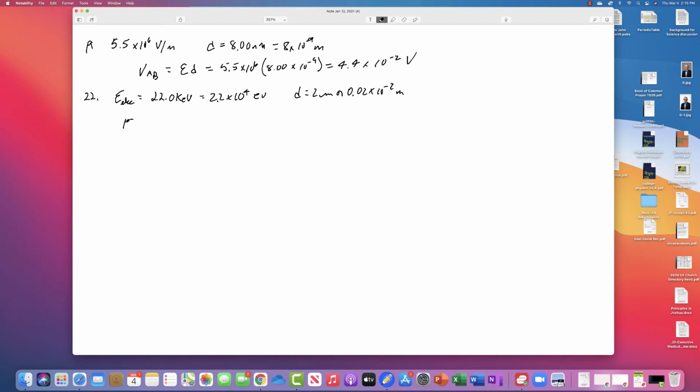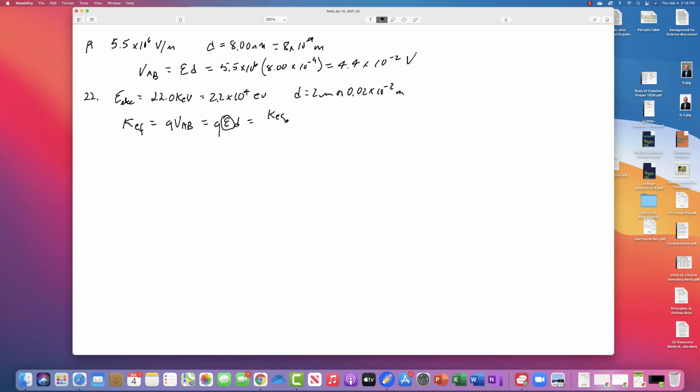So KEF is equal to Q times VAB, which is equal to Q. From up here, we know that VAB is ED, so we've got Q times E times D. So it's doubly charged. So if we solve this now for E, we end up with